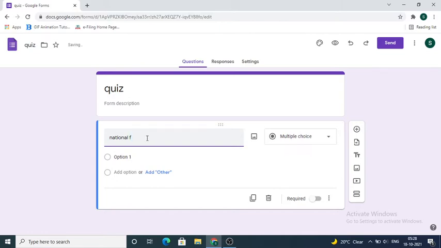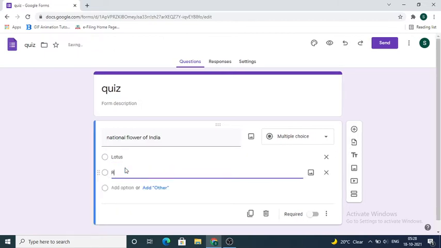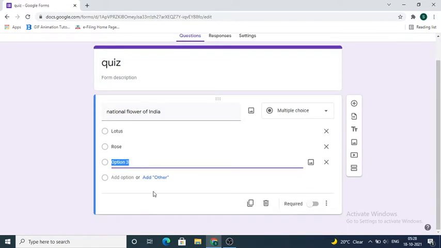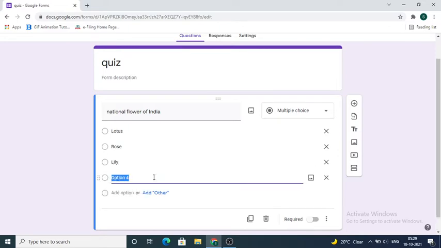National flower of India. So options I will type as lotus, rose, lily, and gerbera.